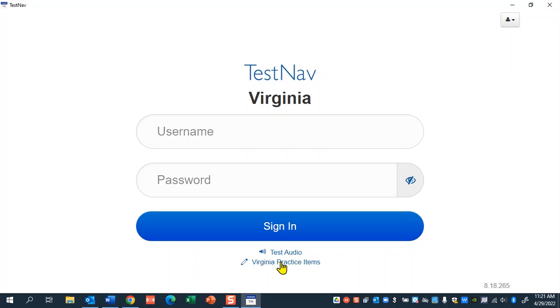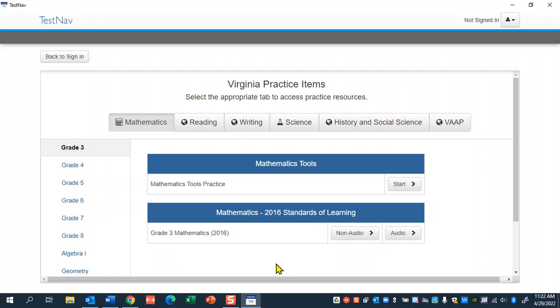You're going to go down to these Virginia practice items. So you're not going to log in. Do you see where my cursor is down here? Virginia practice items is what you're going to click. Now you have the ability to practice for all of your SOLs. So if your science teacher hasn't shown you this yet, or your history, you have the ability to practice all of them. We're going to stick with